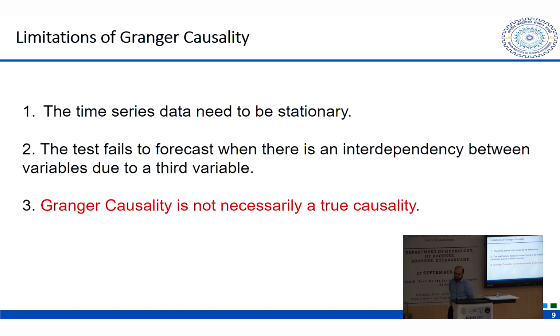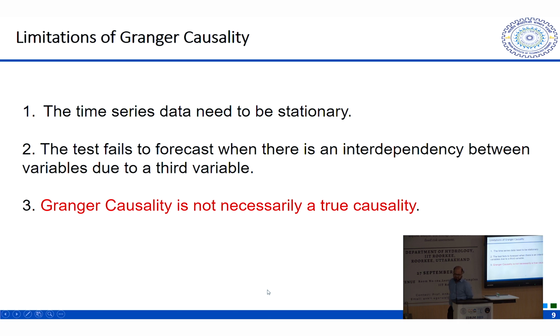For example, if you want to remove the trends or make it mean stationary, we do first order differencing. That is, we difference the second value with the first value and continue for the entire time series. That will remove the trends as well as any trend in means. So most of the non-stationarities which pose difficulty in causal analysis through Granger are actually removed by doing the first order differencing. But in some cases where the processes are more connected or the dependency is not so linear, we might go for higher order differencing. So this is one